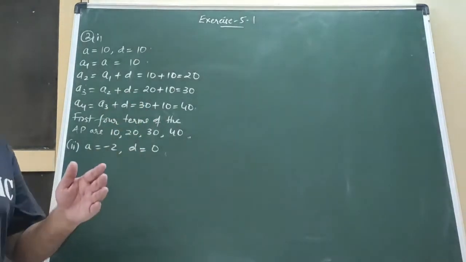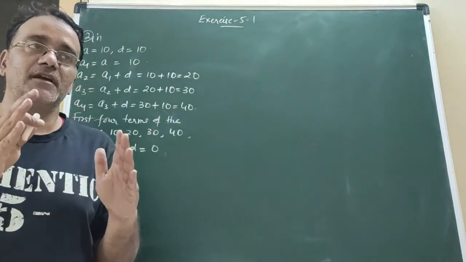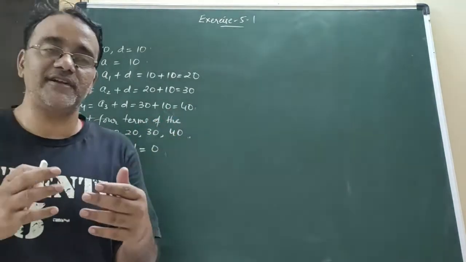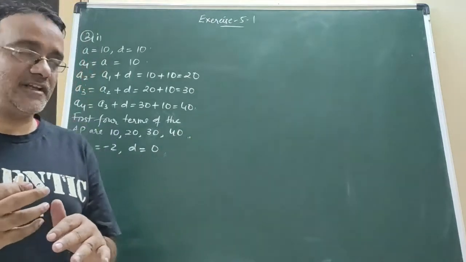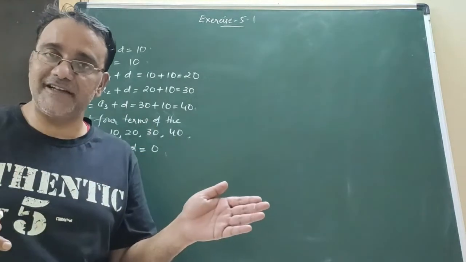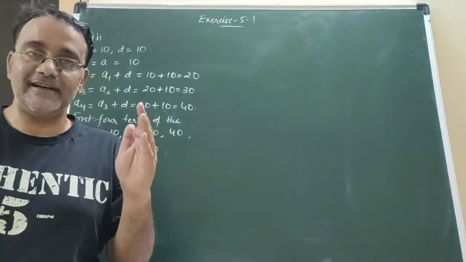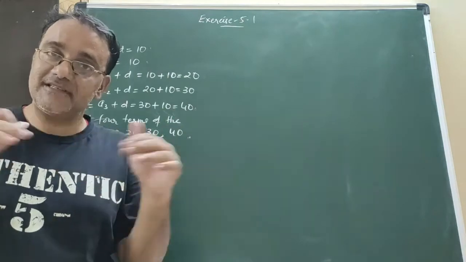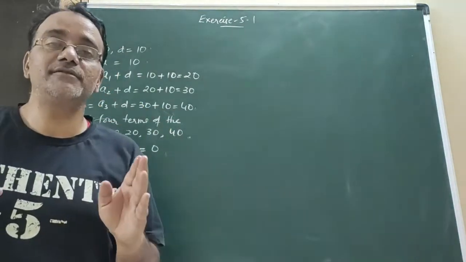पिछले सेशन में हम लोग देखे थे 4 एग्जाम्पल्स देखे थे. उसमें एपी का जो वैल्यू था, एक में द कॉमन डिफरेंस, the value of common difference is negative also, positive also and zero also. ठीक है, तो अगर डिक्रीजिंग ऑर्डर में है, if the numbers are in decreasing order, the value of D is negative. If the numbers are in increasing order, the value of D is positive. And if the same numbers are there, repetition numbers are there, same numbers, तो value of D जो होगा 0 होगा.